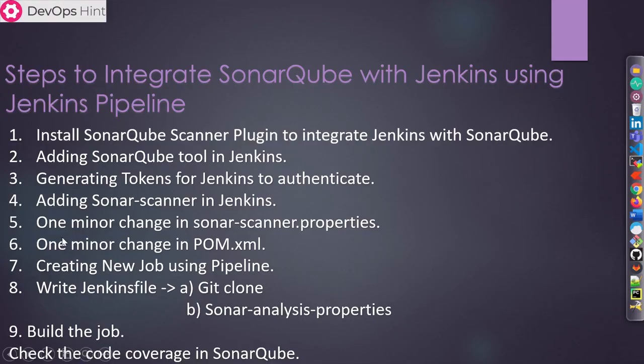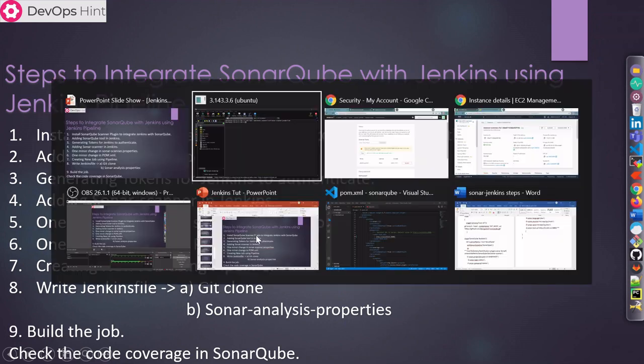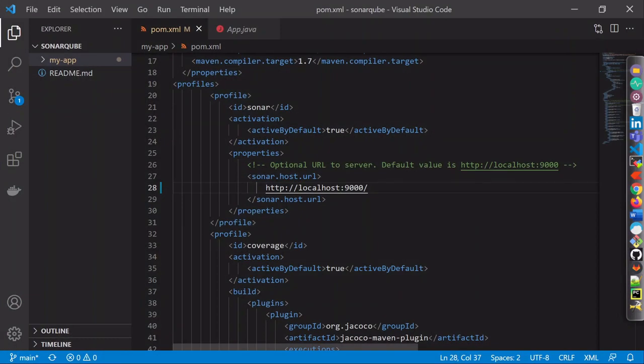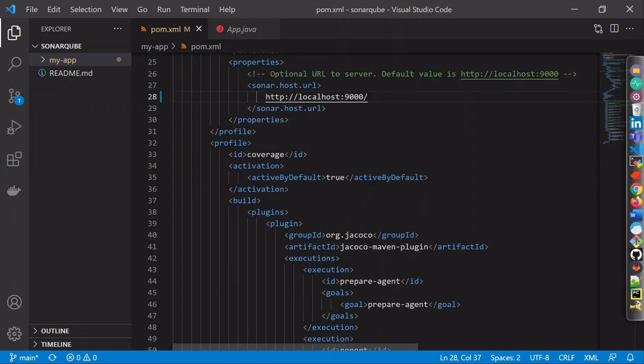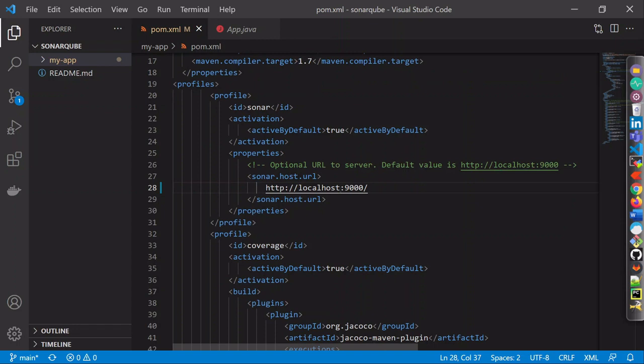Now our next task is one more change in POM XML file, so I'll show you. So this is our Visual Studio. I have cloned our this repository using Visual Studio. So I have opened here. So here you can see this localhost in this properties. Come to this properties, then in sonar.host.url we have to provide again our URL.